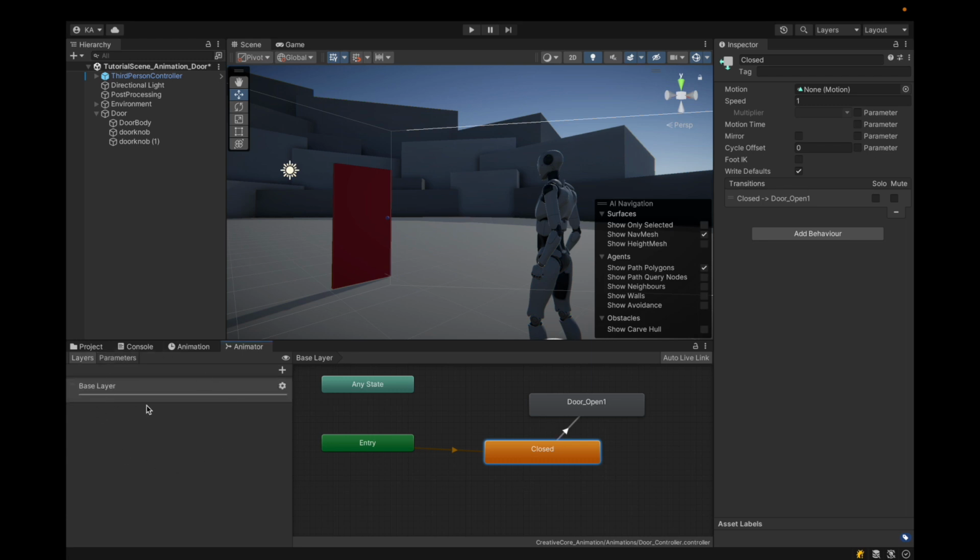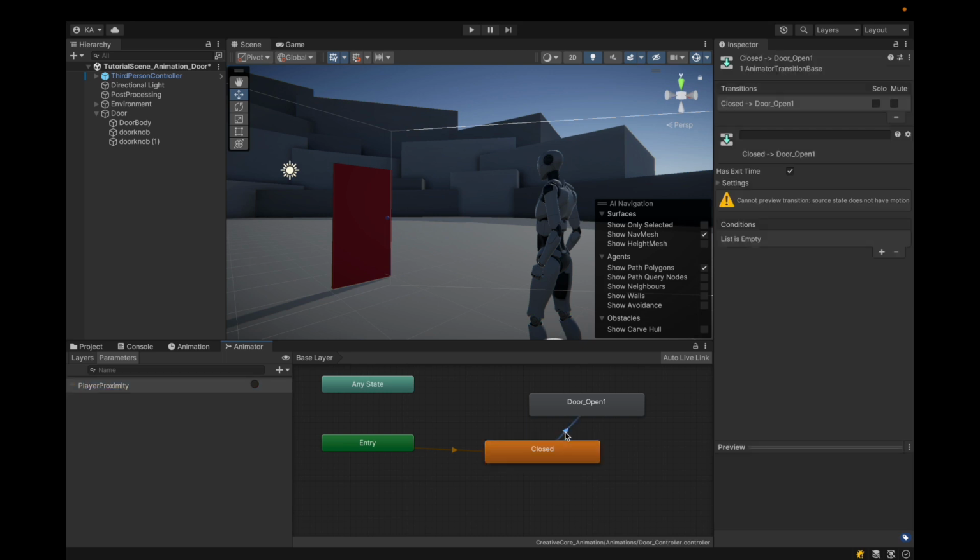So you were probably on the layers tab. You want to move over to the parameters tab. After you come to the parameters tab, you want to hit the plus, hit trigger, and you have to name your trigger, but name it camel case because that's gonna come up in your inspector window later. So in camel case, we're gonna name it player proximity. Now that we have a parameter, we're gonna click this transition, and now we need this player proximity to come over to the inspector window. So we're gonna hit add on the conditions list, and player proximity is the only one there,